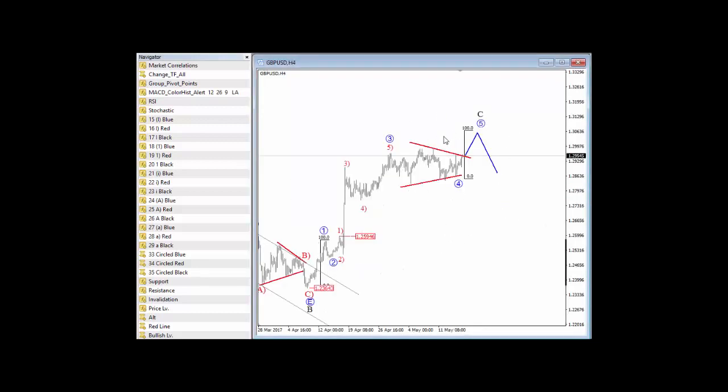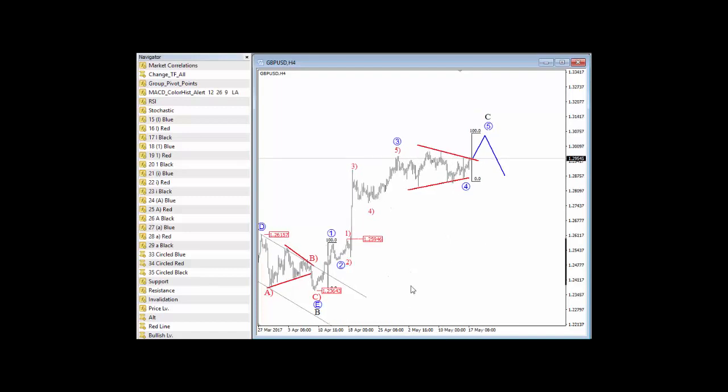I updated this one for you right now. I thought that we could see a weakness here, but because we just continued sideways for the last 48 hours, definitely it's important to listen to the price action and not ignore the facts. The fact is that this is the personality of a corrective move, so it looks to me like a triangle, and we may see a break into wave 5 by the end of the week that can then hit this equality level compared to wave 1. As you know, if wave 3 is extended, then wave 1 and wave 5 can be very similar in distance.